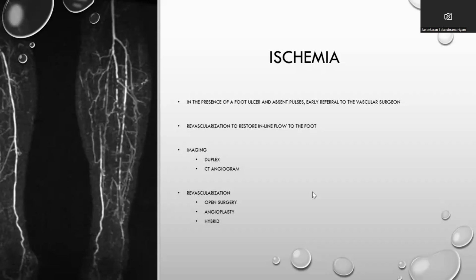But I would say that is good, because sometimes you might need to wait 2-3 weeks to get the CT angiogram. Then you plan the management at that time. If the patient's ulcer or sepsis infections spread beyond the ankle or maybe to the mid calf or mid thigh, then whatever you do is a waste. So that's why, if you are a vascular surgeon and good at your skills, usually duplex is more than enough.